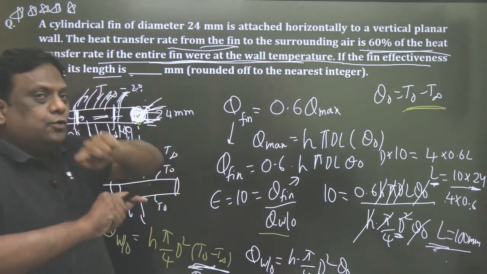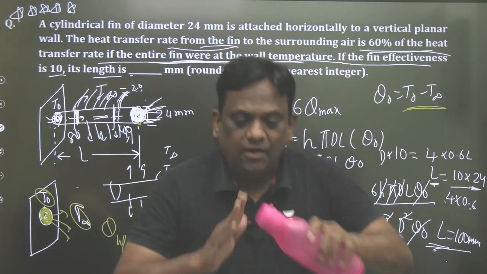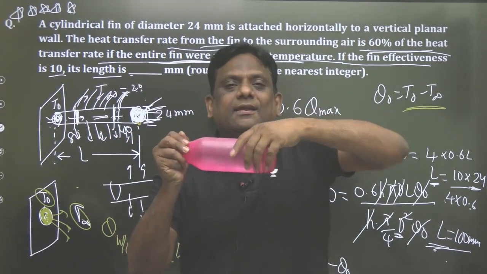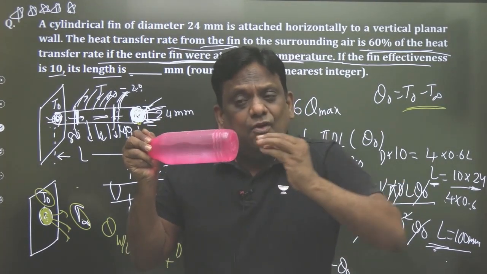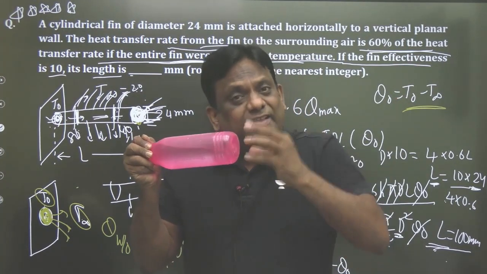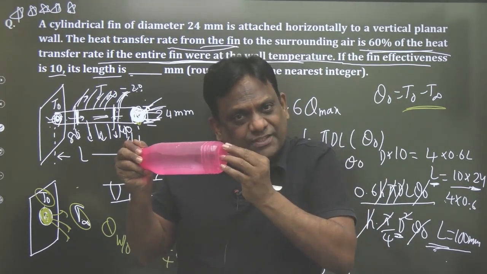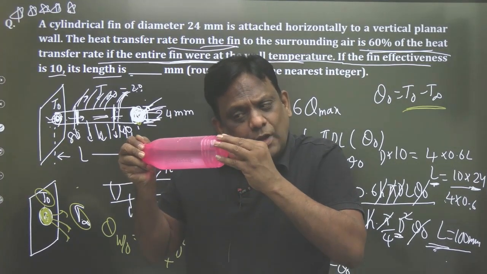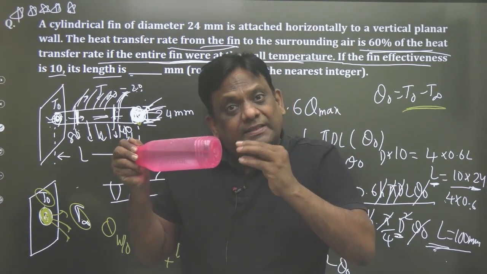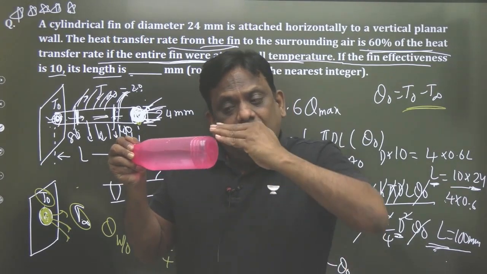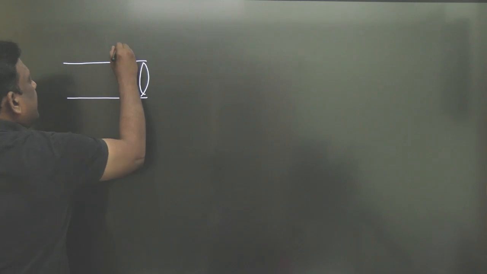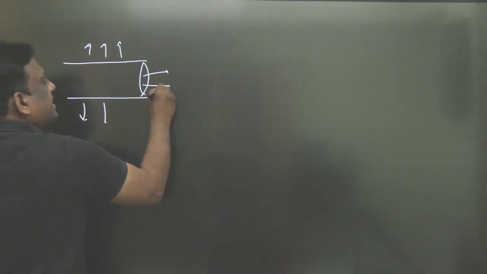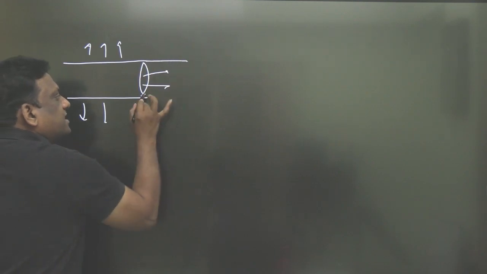So I took the area pi d into L, but I have not taken the tip. Whatever length I have taken, the heat transfer from the tip is zero. Actually there is a heat transfer from the tip, but if I want to neglect it, I will add some more length. When I add some more length, whatever heat transfer was taking place from this area occurs from this corrected length. So I repeat, sirs, this is a very good concept. Listen, sirs: we have calculated only from this, but there is a heat transfer from the tip. So what I have done is attach some more length.